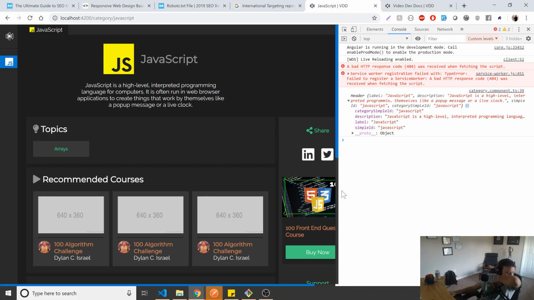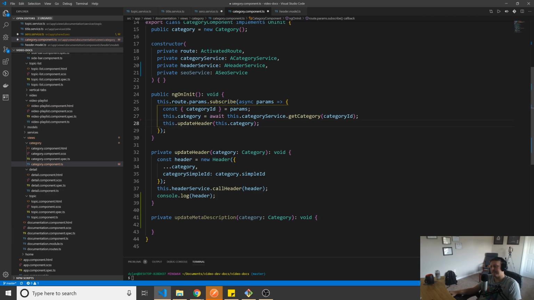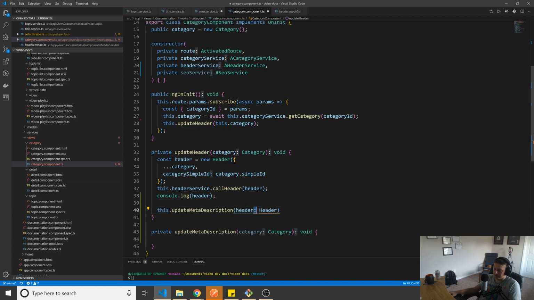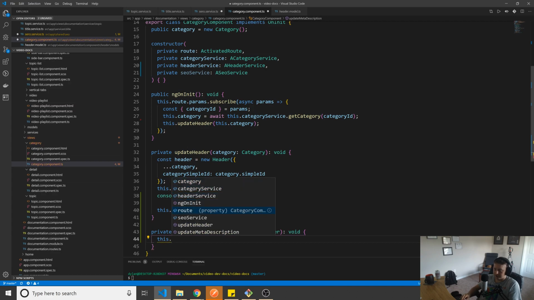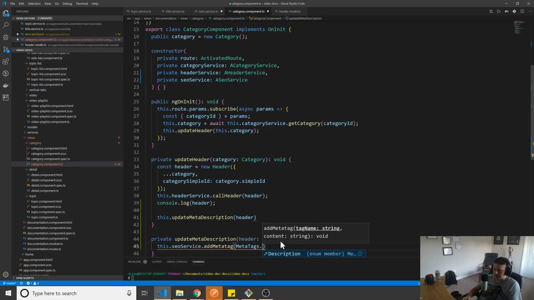Okay. So this is what we're gonna do. We're gonna say this dot update meta description. Actually, do here this dot update meta description, and we'll take in a header of type header here. Because that's all the info we need for our. And then we'll say this dot SEO service dot add meta tag, and then meta tags dot description,